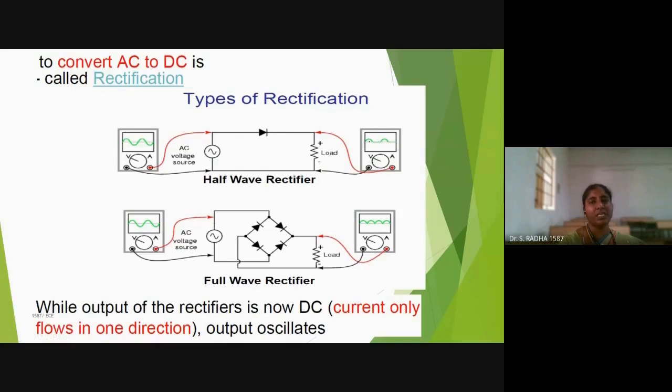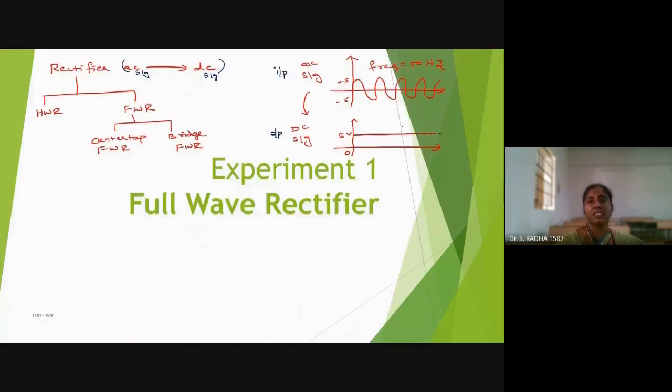But if you see in the half wave and full wave rectifier, it is not coming constant. It is having some oscillations. Those oscillations are called ripples. So it means instead of constant waveform, there are some fluctuations with respect to the constant. Those fluctuations are called ripples. So it is giving a pulsating DC, not a pure DC.